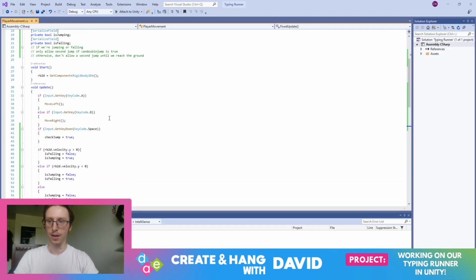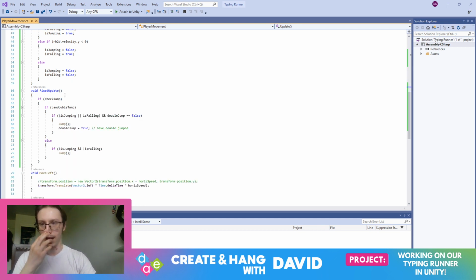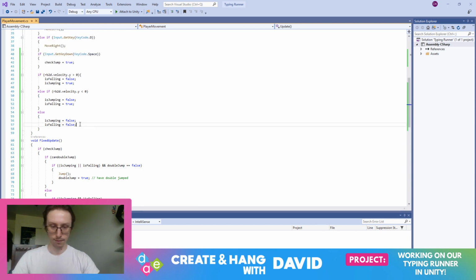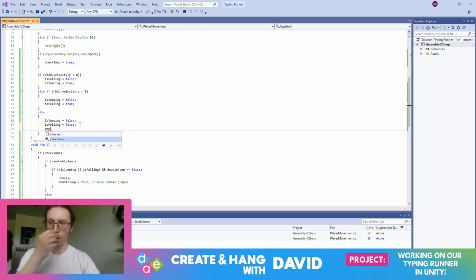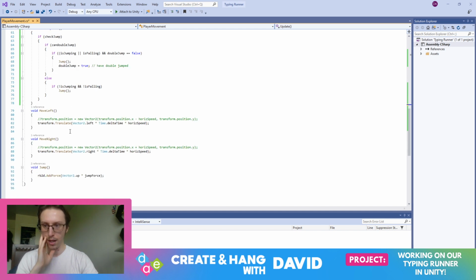Okay, right. So now every time we click the space, we're going to set check jump to true, and then if check jump, if we can double jump, then do all that to double jump. And then when do we set check jump to false is the question. We probably set it to false when we land. Oh, hang on, no, that's not what we want to do. Because sometimes when we jump and we reach the apex of the jump, we're going to reach a velocity of 0, so we don't want to set check jump to false in here. We probably just want to,